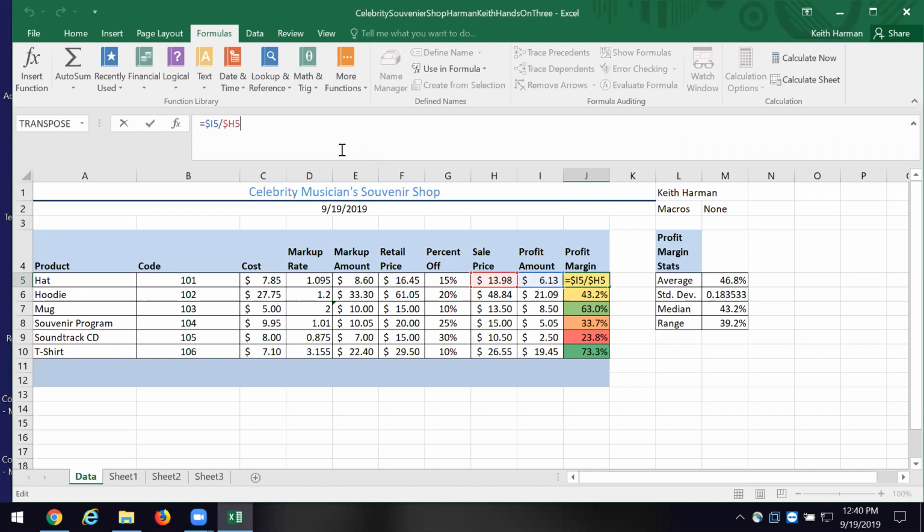But I'm looking at that, and I'm not really following. Now, if I had named that cell, if I had named H5 as hat sale price, and I had named I5 as hat profit amount, then it makes sense.